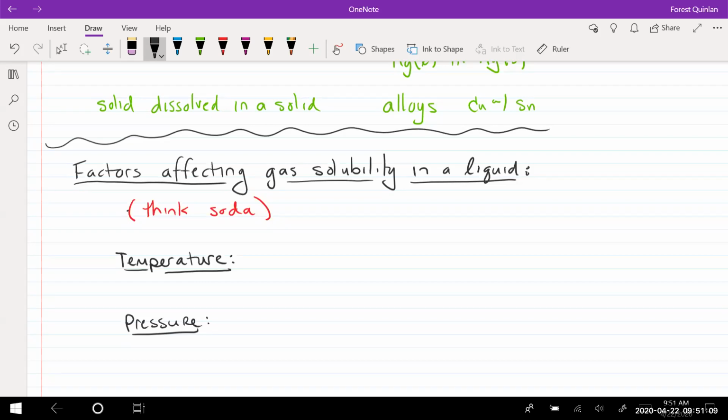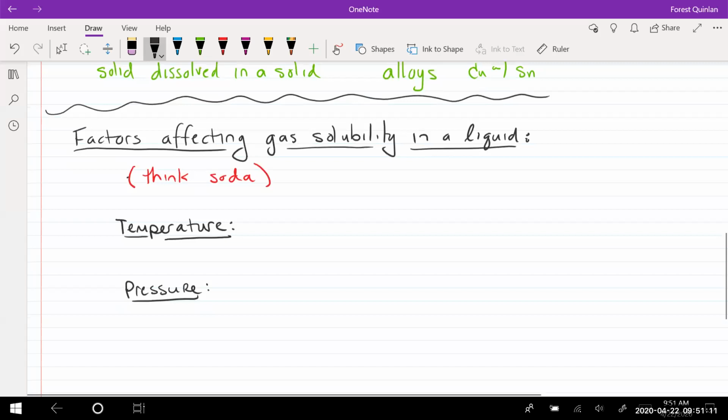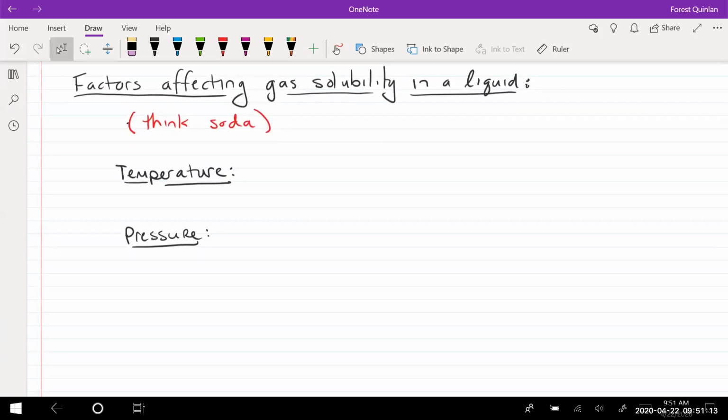Now, if we think about sodas being cold, and we think of the fact that they want that carbonic acid, that CO2 plus water making H2CO3, they want that to be in the water as long as possible to make you keep drinking the soda. We can think about this as the temperature increases, okay? So we have cold sodas, we like that aspect of it, and we also like cracking open a cold soda,